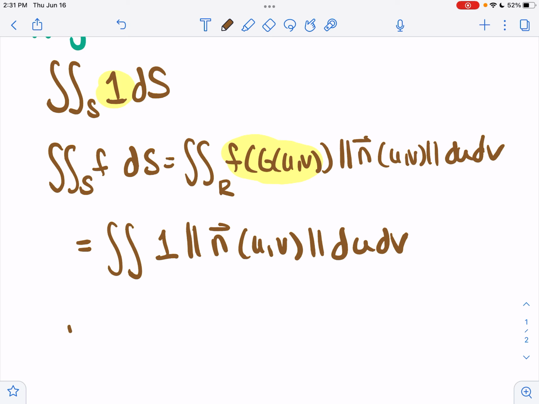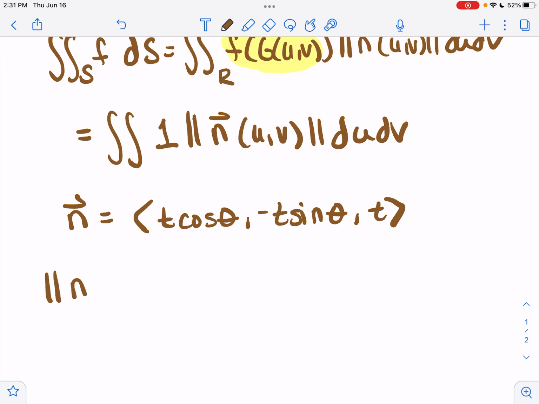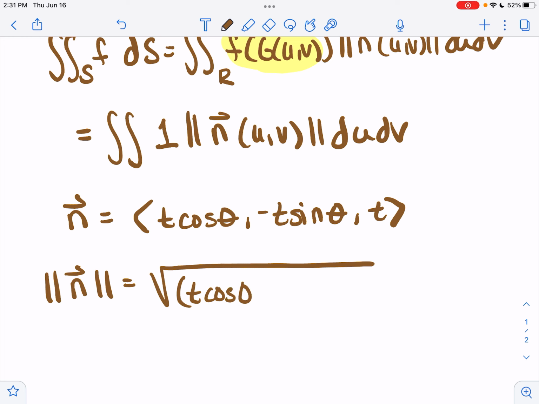For our normal vector, in a previous video, we saw t cosine theta, minus t sine theta, t as our normal vector. So the magnitude of the normal vector, we used u and v in general, but we're using t and theta as our parameters, so I'll switch over to that. But the magnitude of our normal vector is the square root of t cosine theta squared plus negative t sine theta